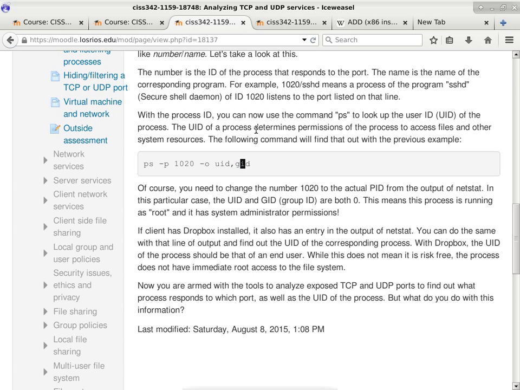Now, if Dropbox so happens to have a vulnerability, then computer C can be used to hack computer B, even though you never used that port the way it's intended. But a hacker can go through that to gain access to computer B. So if you don't use it, it is not doing anything useful, might as well close it. You can uninstall Dropbox, which may not be something that you want to do.